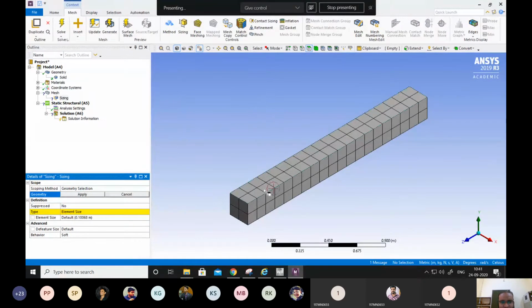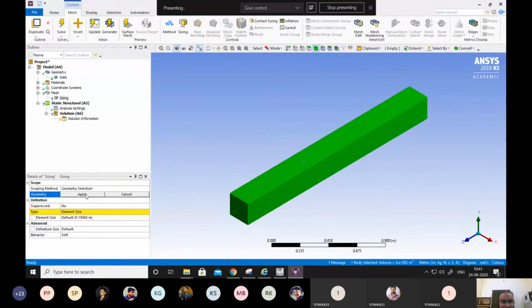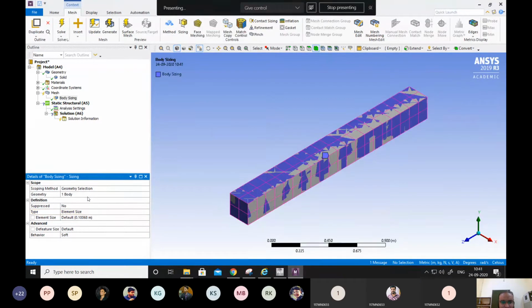We just select the geometry here. If we select the face, we can give a face kind of meshing, but we generally want to increase the mesh size, so let's apply it to the full body. We can change it either by element size, or we can give a sphere of influence. A sphere of influence means that only in one sphere or region we want to increase the sizes. We want to do it overall, so let's give the element size.